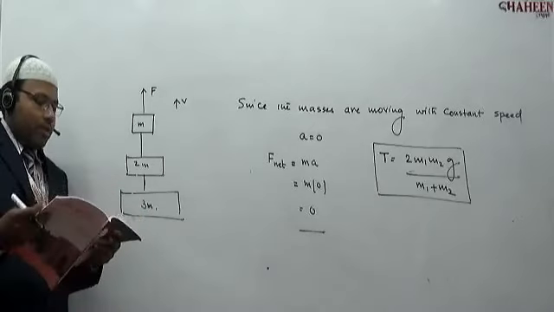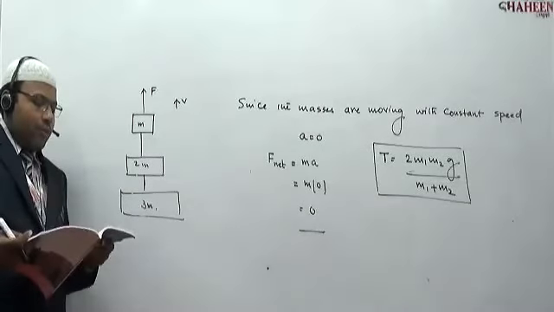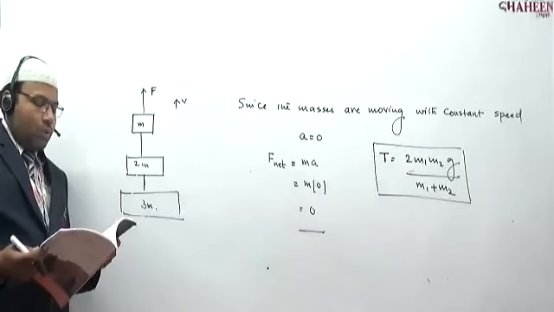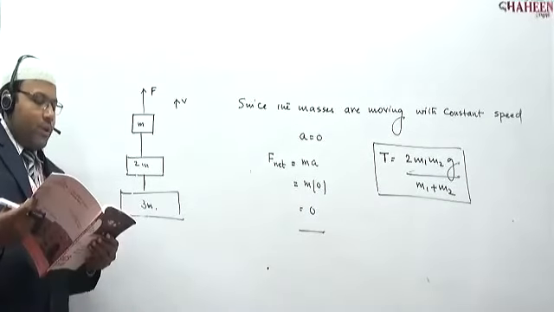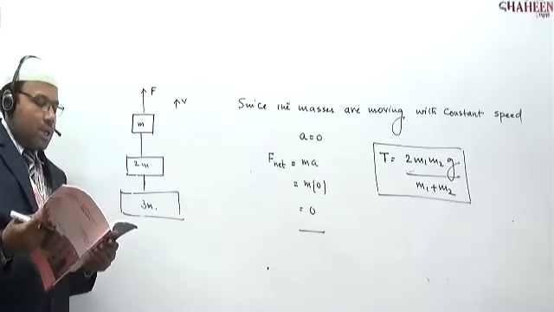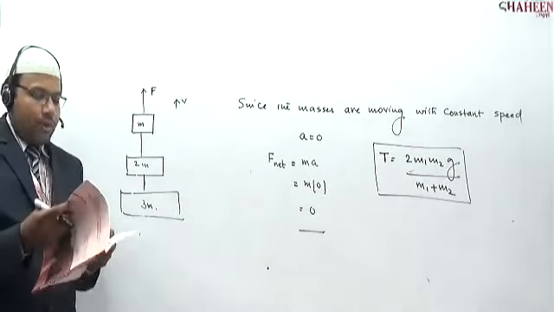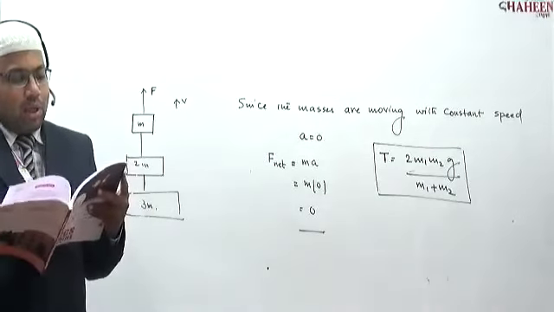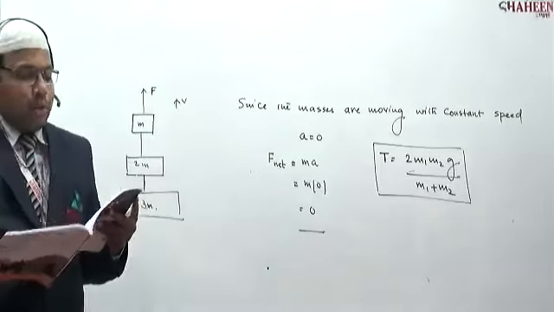Question number 10. What you do is find du by dr, differentiate it and equate it to 0. Whatever value of r you get, that is the answer. The answer for this is the 10th one, no? a by, sorry, b by 2a.